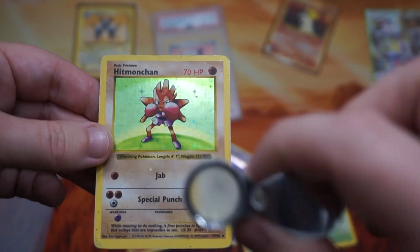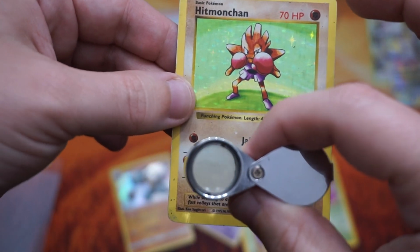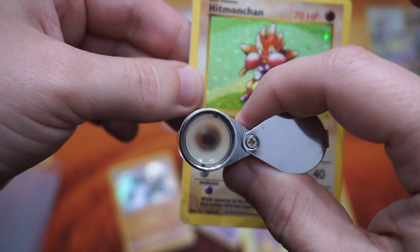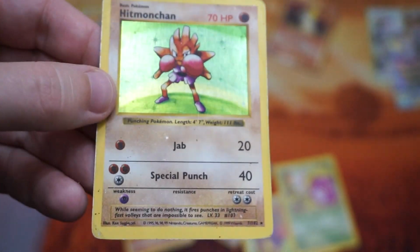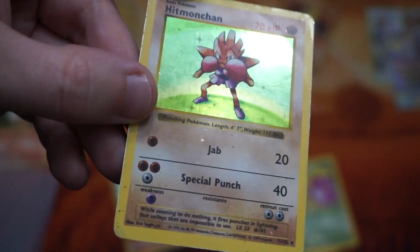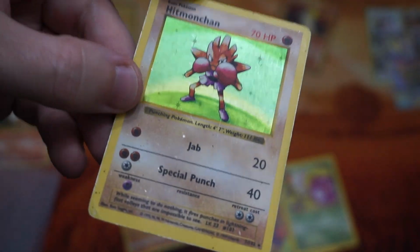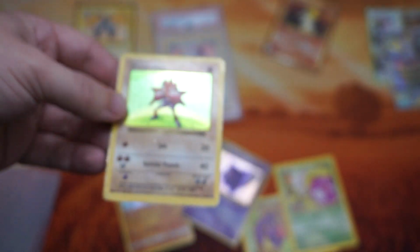These things are super useful. You put them up to your eyeball and boom, you see the magnification on the card. It's kind of hard to see on camera, but it's definitely a super useful tool when you want to inspect in great detail. If you see any sort of smudging or weird, uneven printing patterns on the card, that's a huge red flag